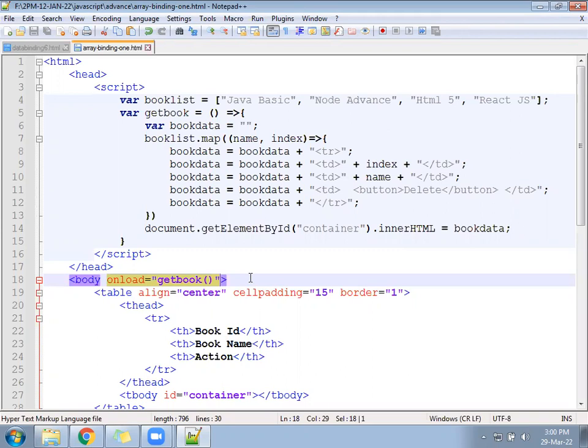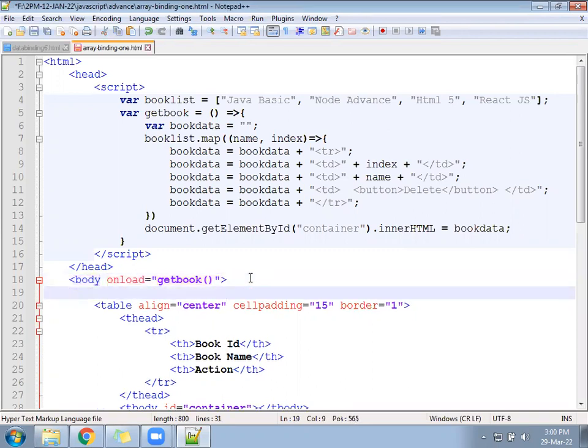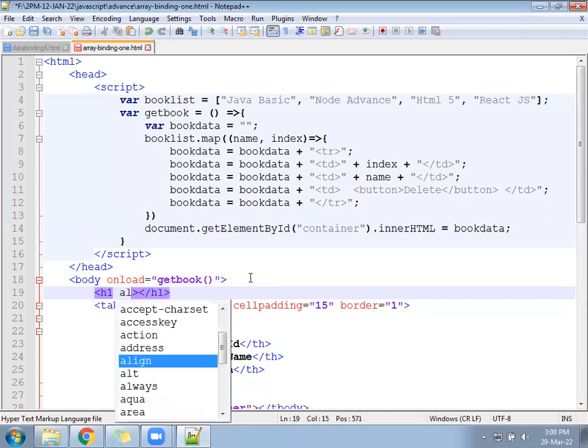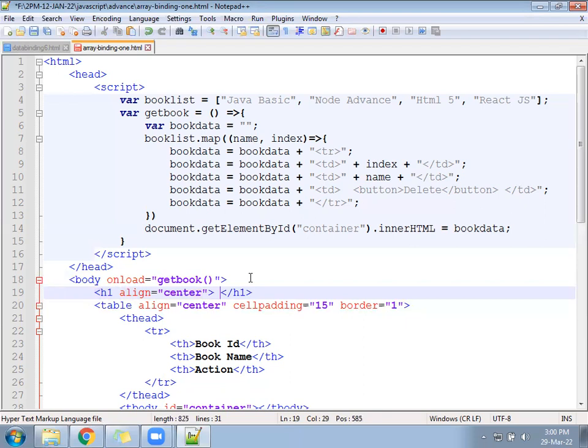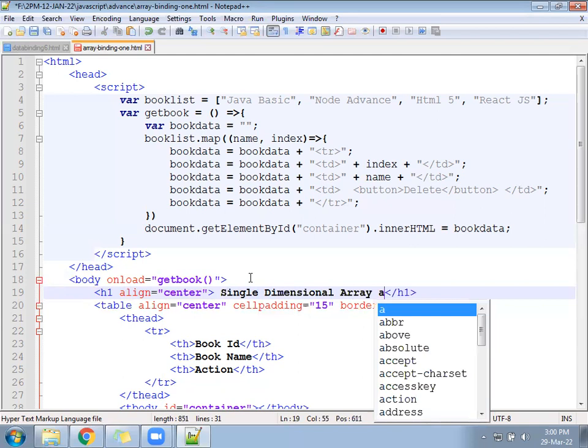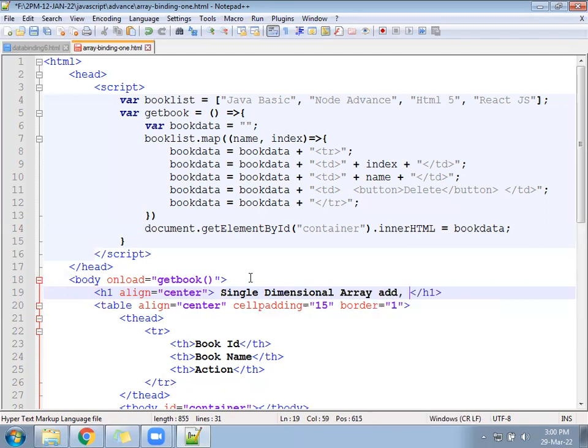For this table, you can give one heading also. H1, align equal to center: single dimensional array, add, list, delete.